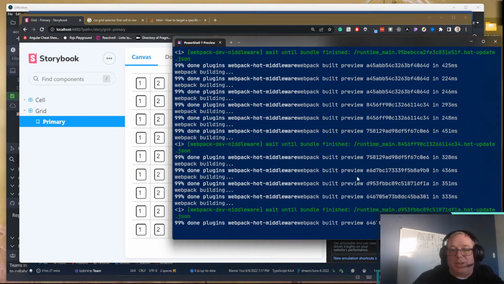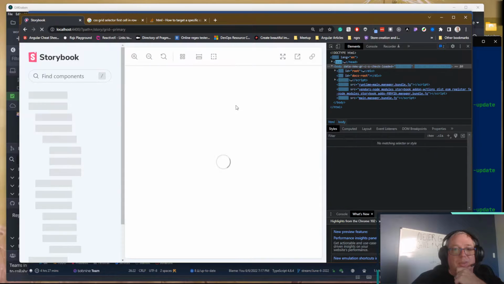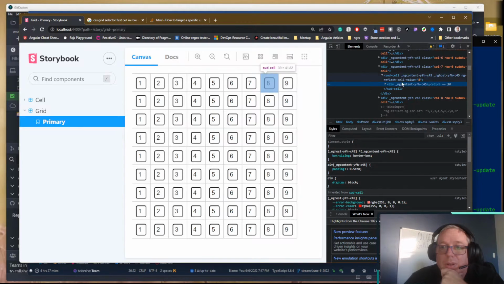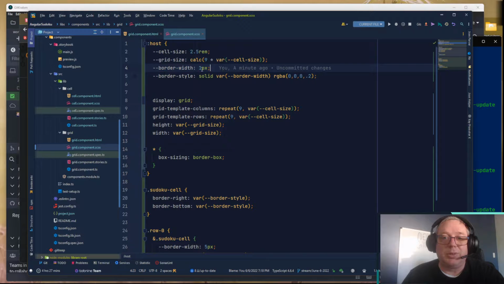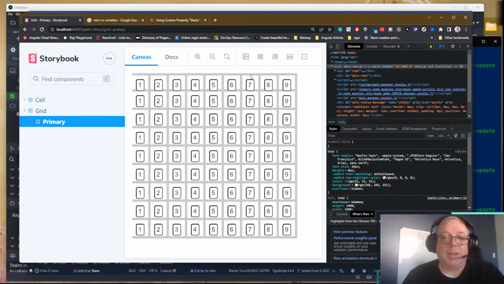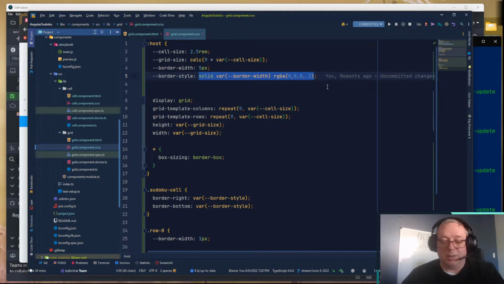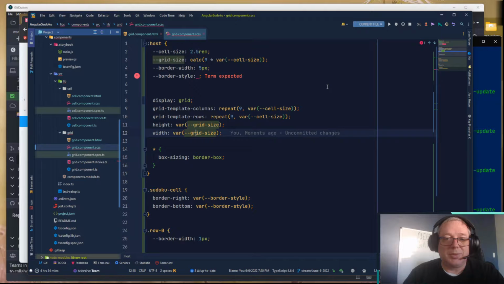It's hard to see right now, so let's make that border width slightly bigger. We'll set that border width to something like 5 pixels, something obviously bigger. And so now, when we refresh this, what is going on here? So this is border width at 1 pixel. If I set this to 5 pixels here, and we set this to 1 pixel here, you should get the opposite of what I was looking for. And that is not right. I'm wondering, because it's nested, if it's calculated at the time that it's done. Because if I do this,